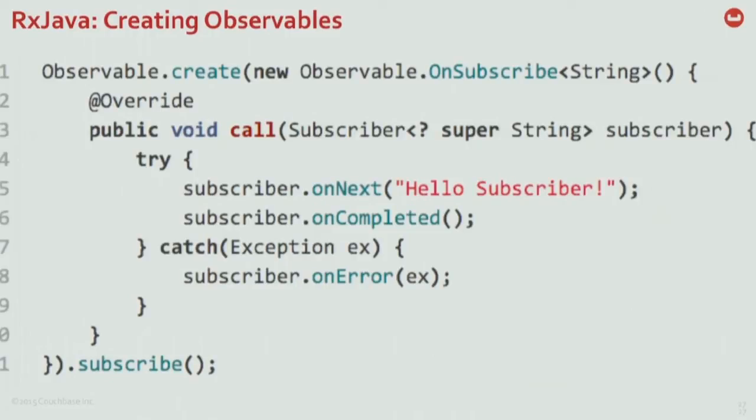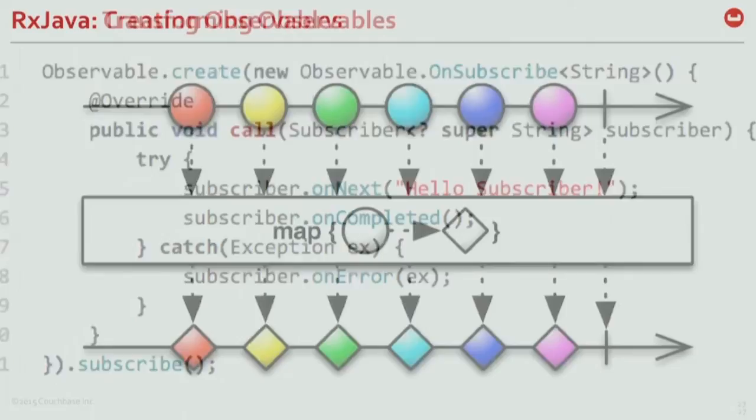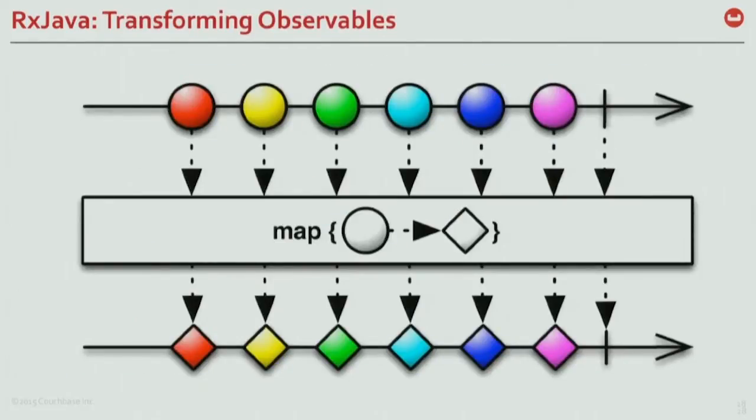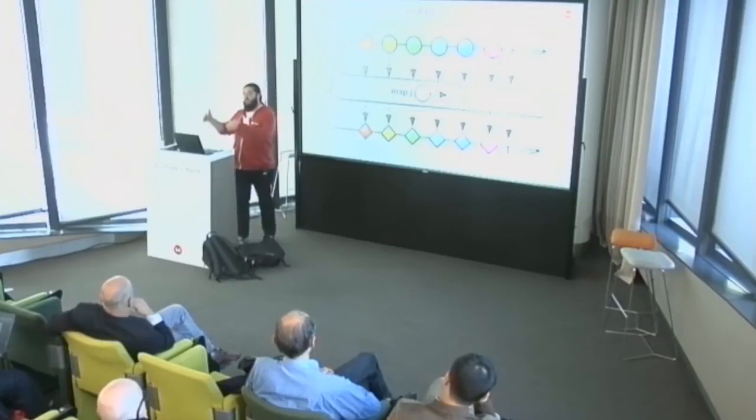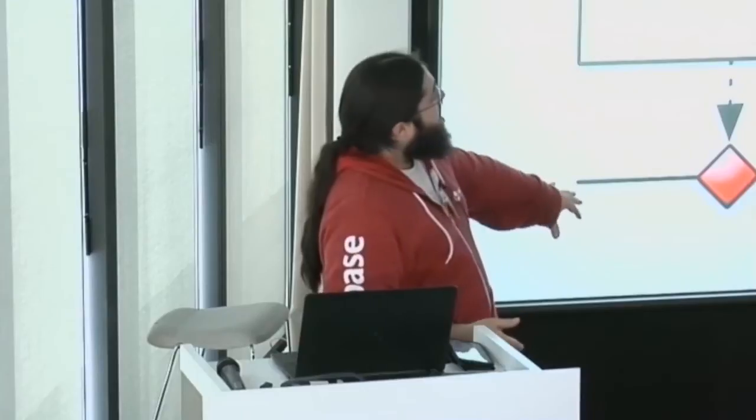Most of the people that use these methods are basically implementing their own operators, so we don't have to talk too much about this, but this is probably the most important operator or function you have with observables. I have an observable of stuff, of circles. So document, maybe a query, because a query is not going to return one document, it's going to return many documents. So let's pretend a circle is a document. And I'm not really interested in just the document object. What I'm interested in is the content of the document, because the document in Couchbase is a key value, you have metadata, and then you have the JSON string. And all I want here is the JSON string.